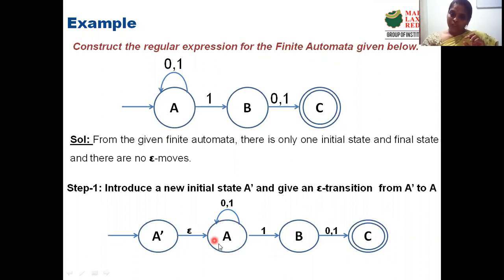Now, when we want to eliminate the state A here, state A and A dash are connected by an epsilon move. In our previous lectures, we discussed how to remove the epsilon move. Whenever you are supposed to remove the epsilon move, we have to duplicate the edges of the second vertex onto the first vertex. That means these edges are to be duplicated to this particular vertex, which is nothing but the initial state. Now we can eliminate this A.